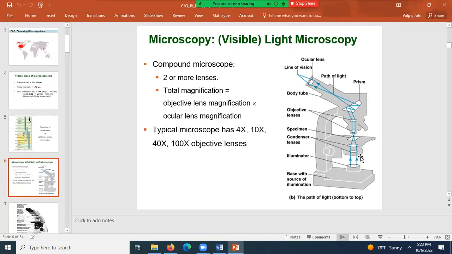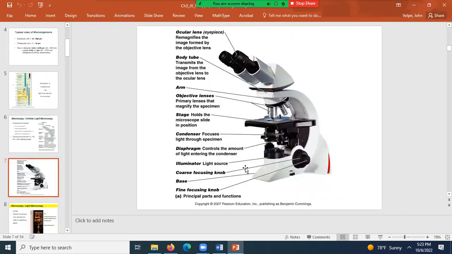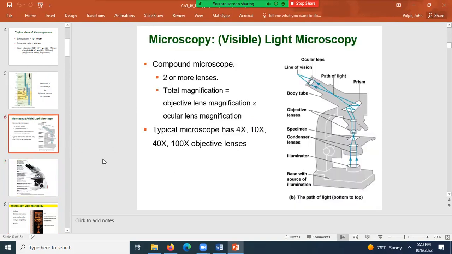You should know the stage, which isn't labeled here. Let me see, the stage is labeled here. The specimen, where it goes, the condenser, the illuminator or lamp, the base of the microscope,